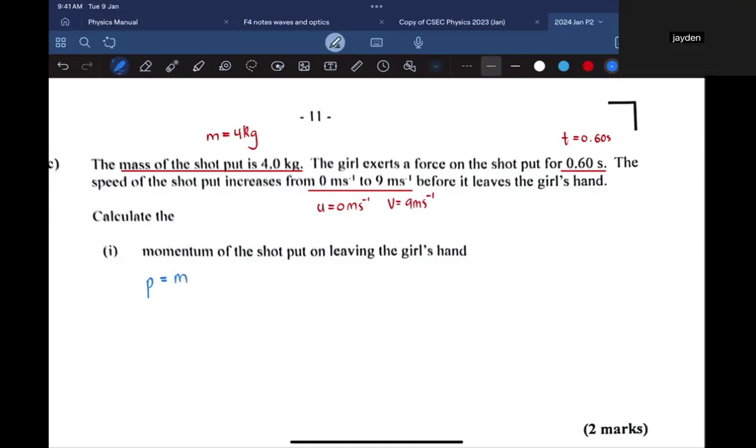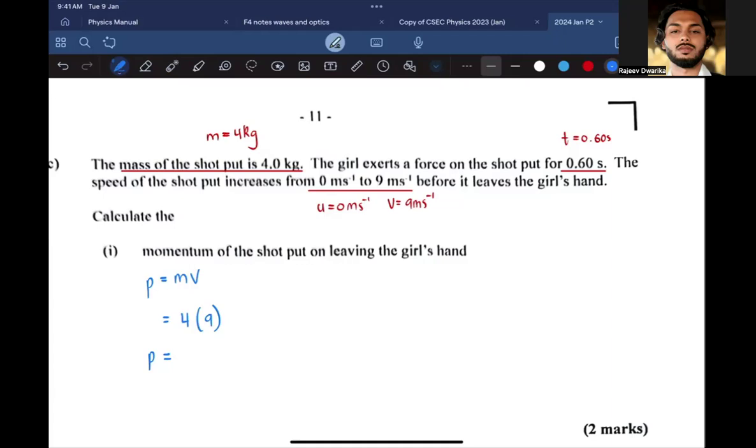Mass times velocity, right? What is the mass? 4 kg. What is the velocity? 9 meters per second. Why would I not use 0? Jadon, why would it make sense, or not make any sense, to use 0 meters per second? Because they're not moving at all. Exactly. Momentum